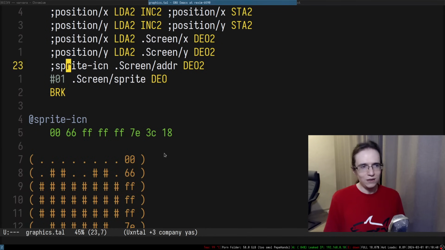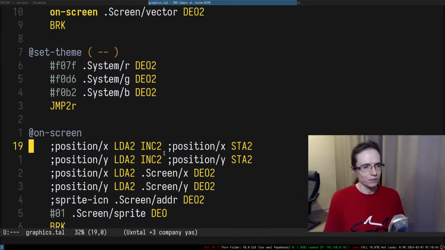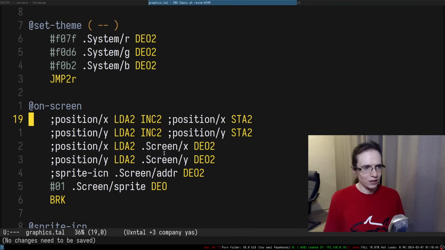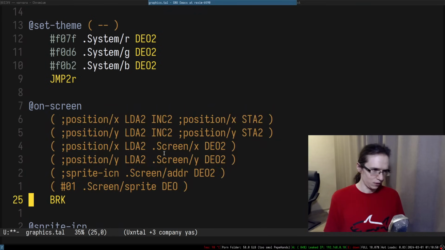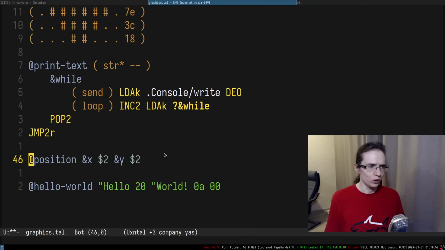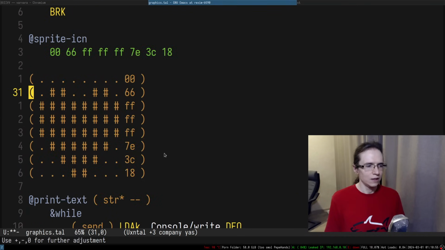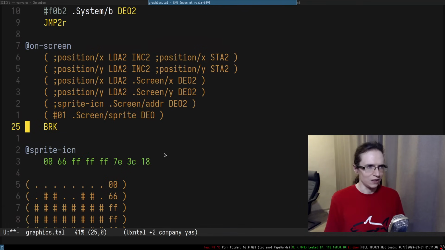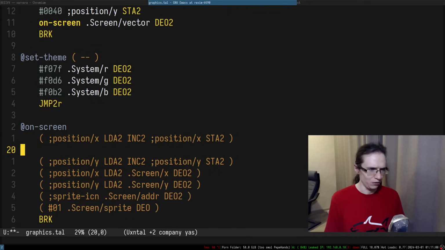But it is drawing in a certain position. So let me maybe double check. Is it even calling the on screen right now? Maybe I forgot to set things up, because I did set up the vector. I'm pretty sure I did set up the vector.